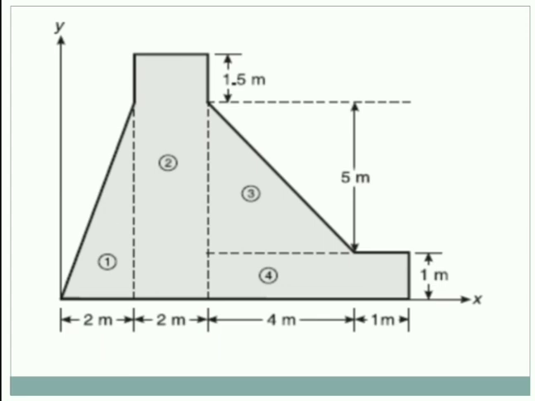Then when we come to the third triangle, the height of the third triangle is now 5 meters, whereas the base width is 4 meters. So the area of the third triangle will be half into base 4 meters and height 5 meters. Don't get confused, don't take 4 plus 1 as the base of the triangle. The triangle ends at 4 meter width. Then for the last rectangle, the depth or height of the rectangle is just 1 meter, whereas the breadth or width of the rectangle is 4 plus 1, 5 meters.